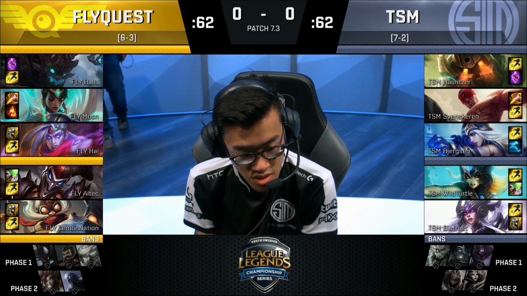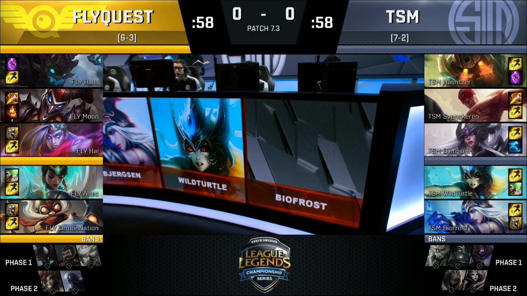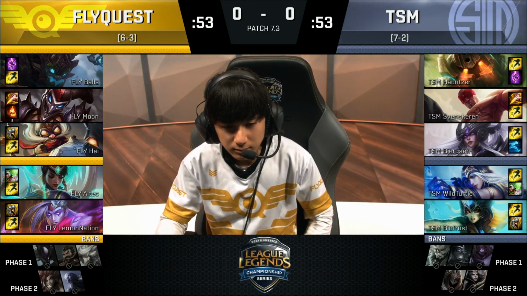Push and flank around to try and one-shot people. And that's kind of what Shaco's going to do here. We'll get into his build a little bit more when we're getting into the game because there are a lot of different options you can do on Shaco. But it looks like he's going the full...